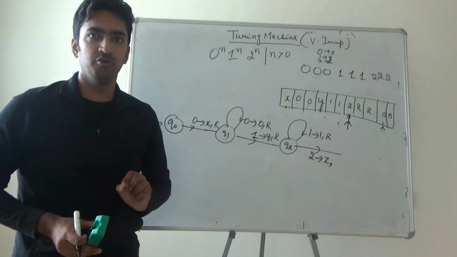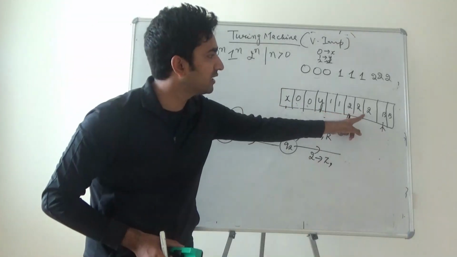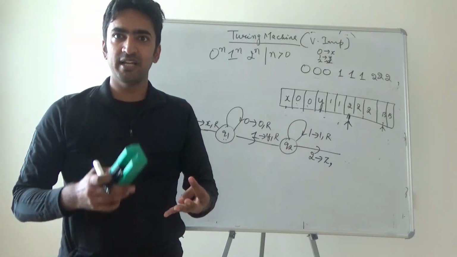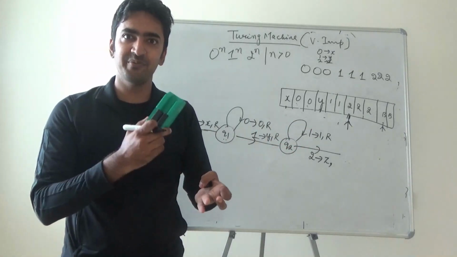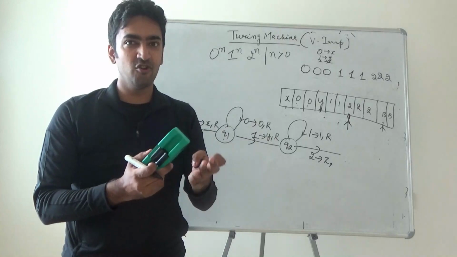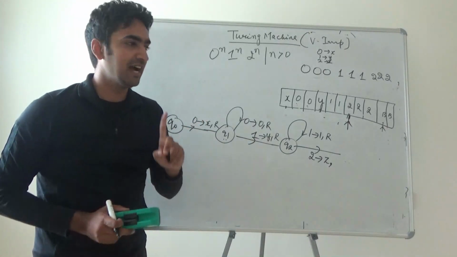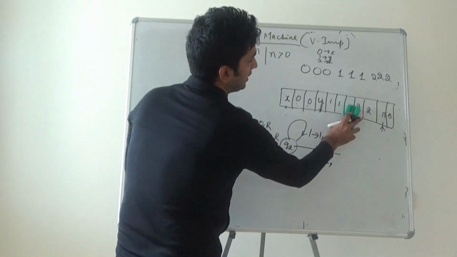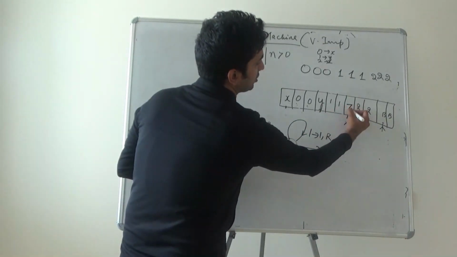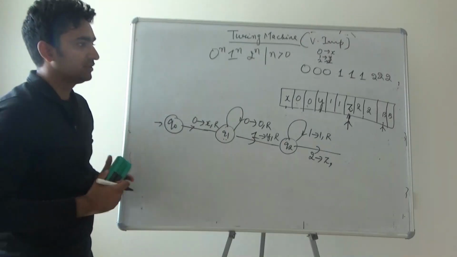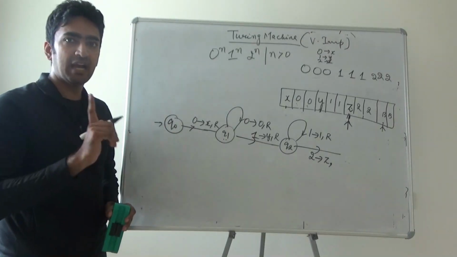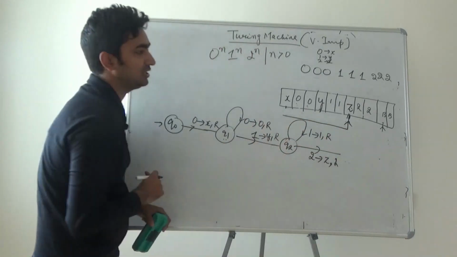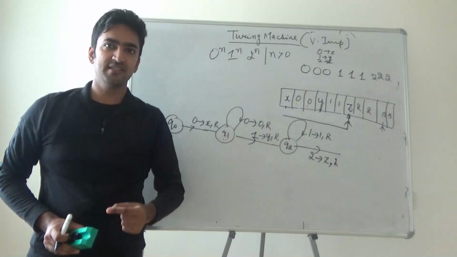Now which direction should I go? Obviously I cannot go towards the right direction. Why? Because I will get other 2's. I need to match 2 with 1 and with 0. So we have got one iteration done, and the moment this 2 is converted, it goes to z, right? So I am converting it to z and I will move in the left direction. It means I need to start the process again.